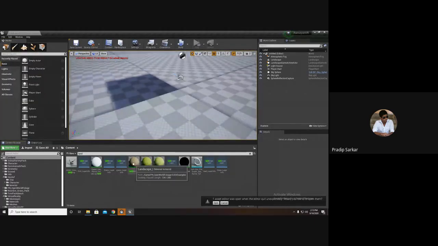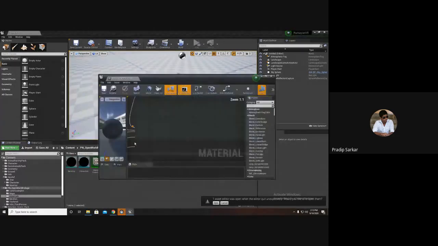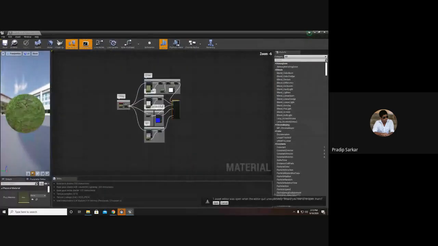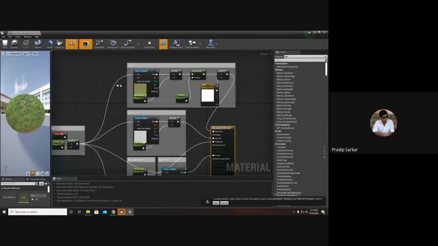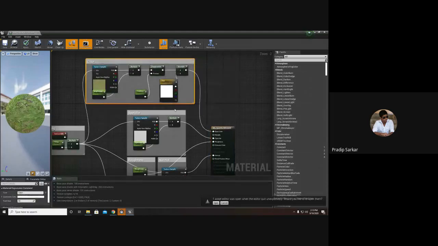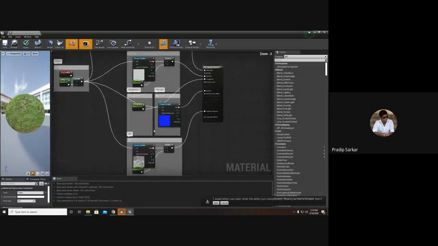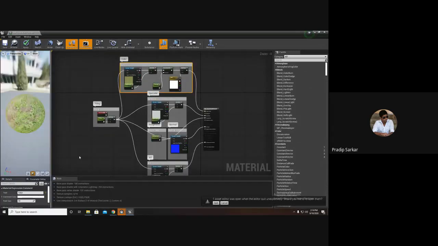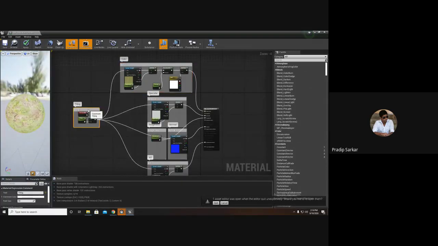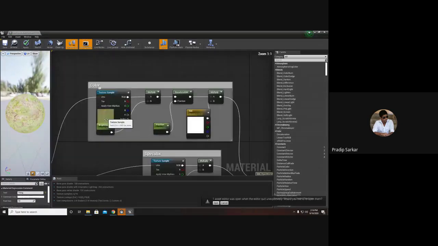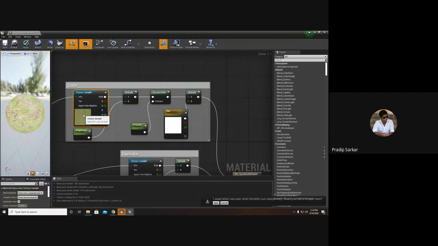So now if I go inside the landscape material, this is a simple landscape material. Now I have my texture in here. I have my textures.